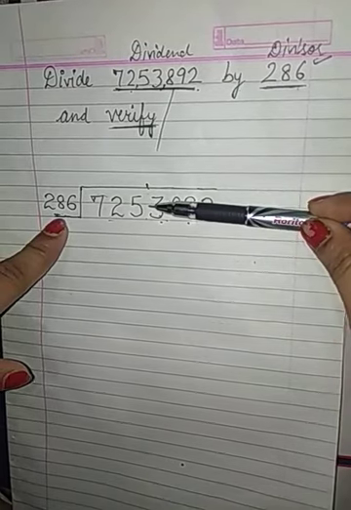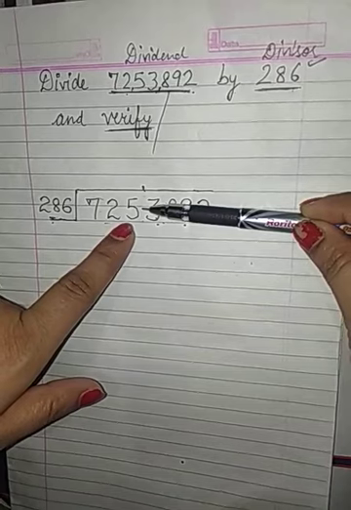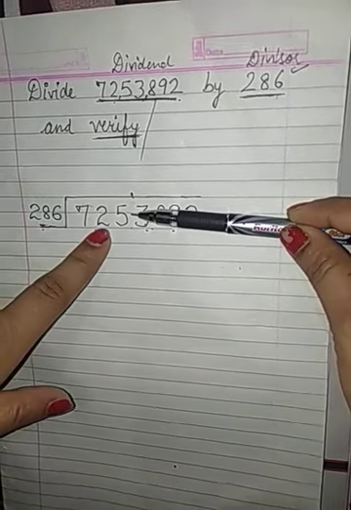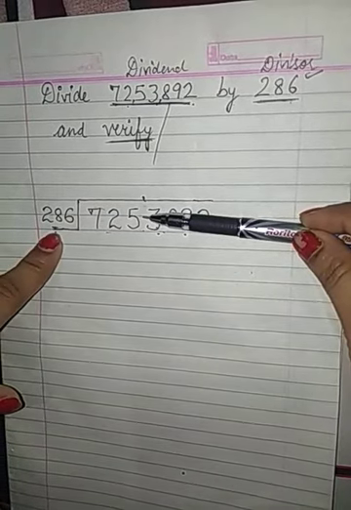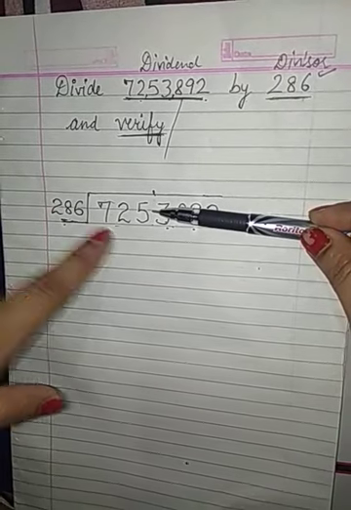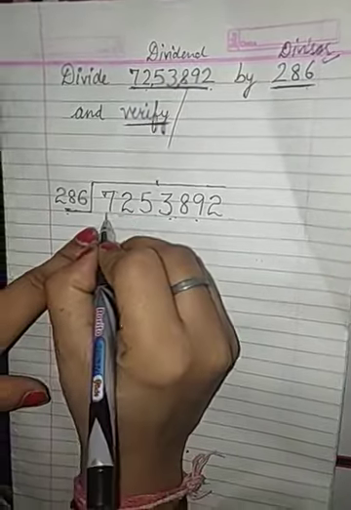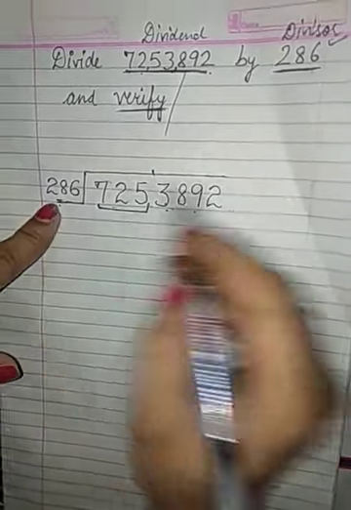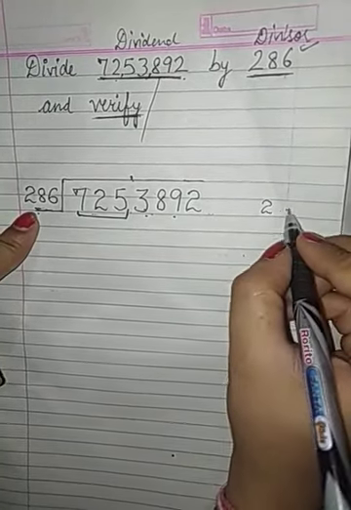Then after it we will see that 725 is bigger than 286, so we can easily divide this number 725 by 286. So first you have to check whether it will go with this number directly or whether it comes in the table of this one. So let's start with these 3 digits. What we have to do is check on the right side at which number it will go.